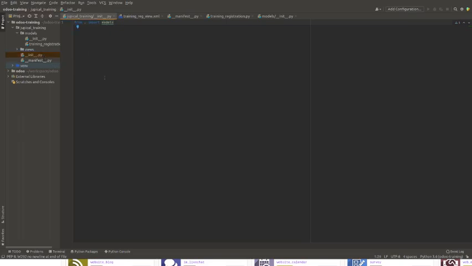We can call this init file the constructor of the module. Only if it is initialized will your module be listed in the application list.